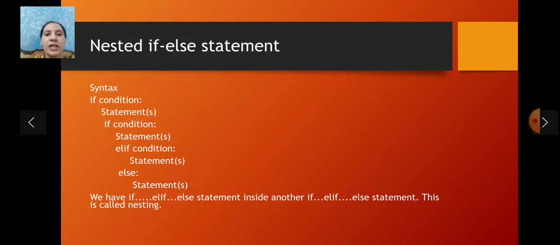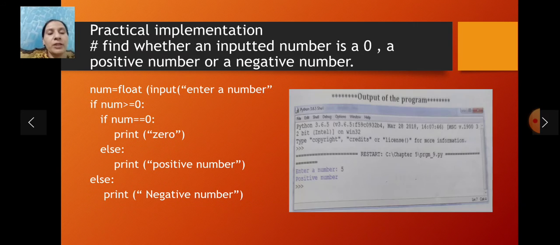Now again we have given an if condition, then statements, then we put an elif condition in the if statement, then the last else. Now we have an if elif else statement inside an if elif else statement. This is called nesting, meaning when we put an if condition inside an if condition, it is known as a nested if else statement.